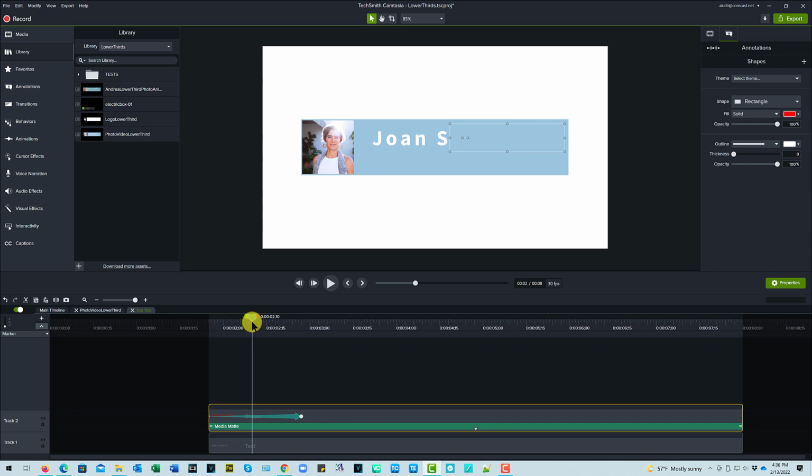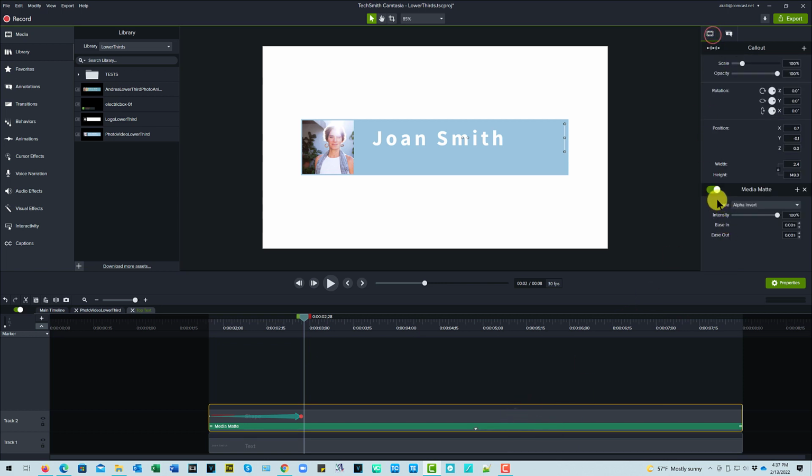And if you can see, now that that is selected, you can see the outline of it, or the bounding box. As I scroll through or scrub through, you can actually see that I've got it. That's how it's revealing. I'm basically making that shape smaller. If I turned off the media matte effect, you can see that